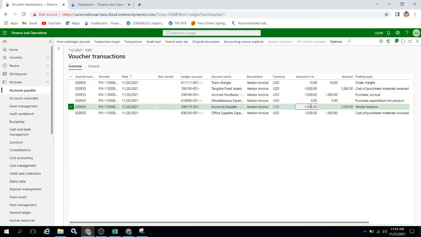So 1000 plus 10, 1010 rupees we need to pay to that vendor. And 10 rupees went to the trans charges account, the P&L account. This 1010 rupees will go to the balance sheet.